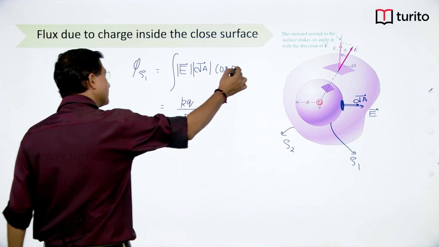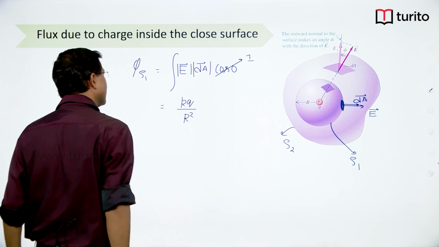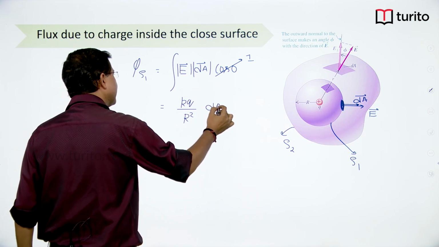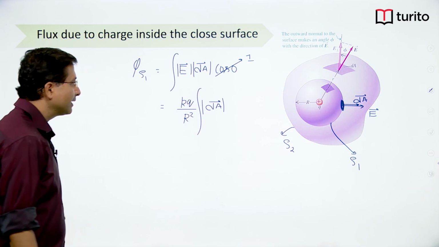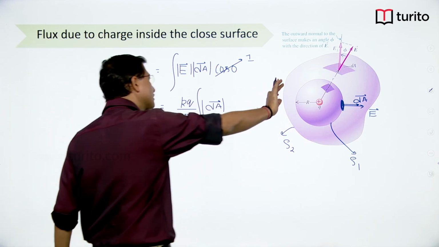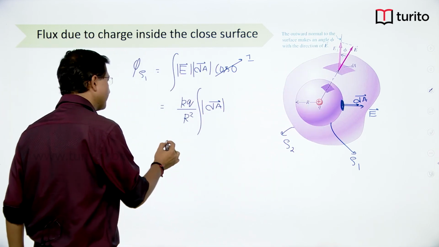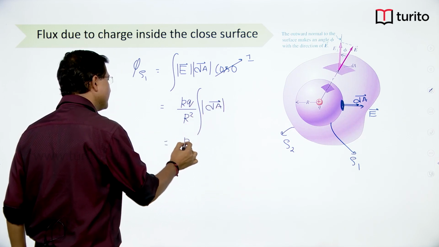Cos 0 is 1, right. So, this will be 1. Area dA I need to integrate, right. All these are constant, I can take out. Area I need to integrate. So, total surface area of the sphere is 4 pi r square. So, this integration will give me